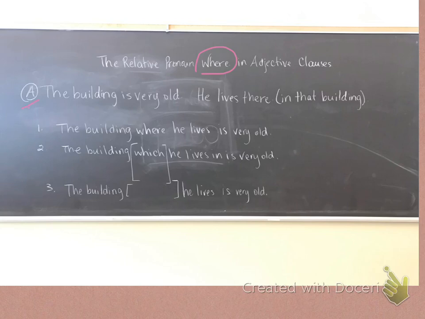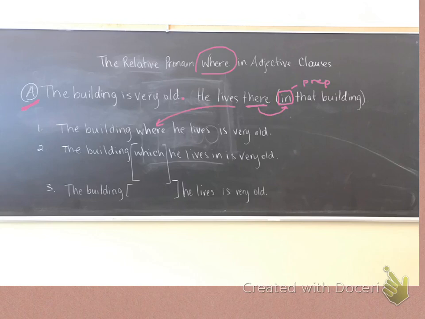So if we read A, it says, the building is very old. Should be a period there. He lives there. And then when we think about where, there is in that building. This is important because this preposition in can factor into how you create the sentence. So we've got, the building is very old, he lives there. So when we want to combine those sentences and we're talking about where he lives, that's the sentence we